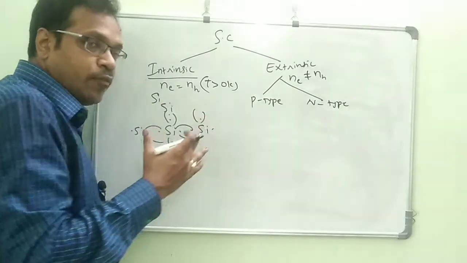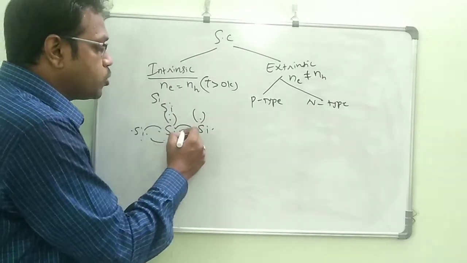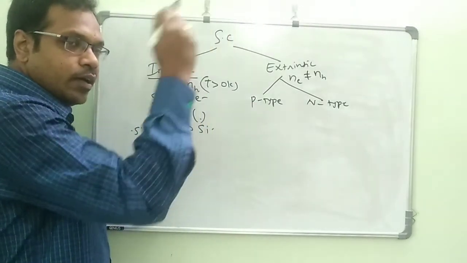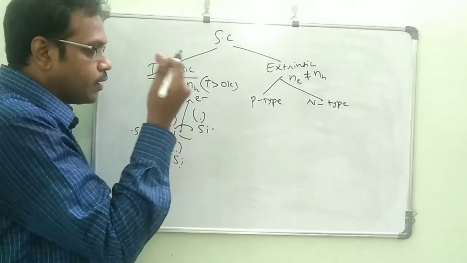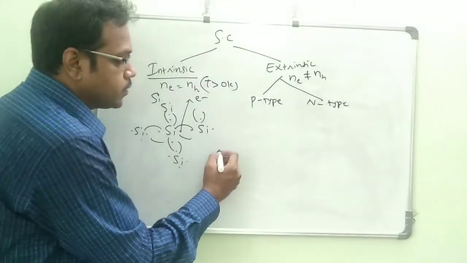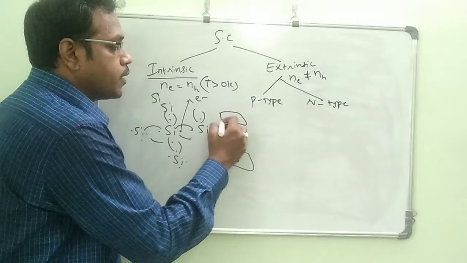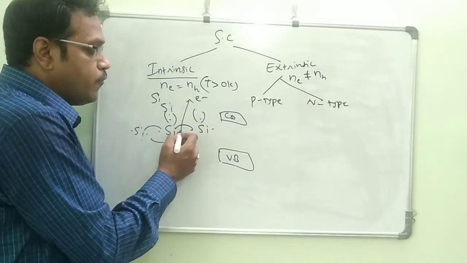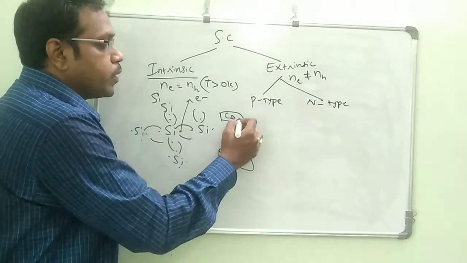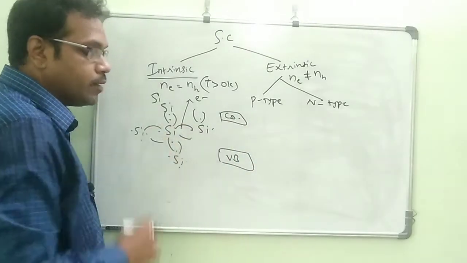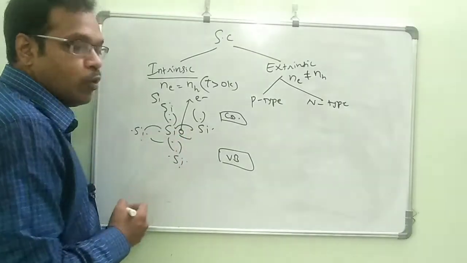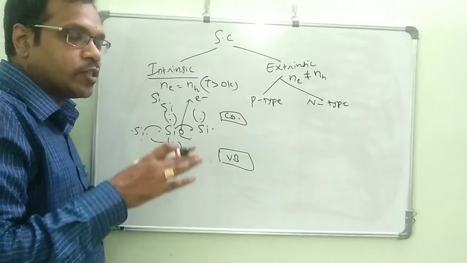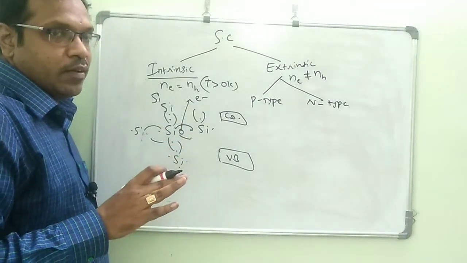At room temperature itself, because of the thermal energy, the electrons will come outside. The free electrons will go to the conduction band, so that you will get current in the conduction band. This is the valence band and this is the conduction band. So this electron, because of the temperature, will jump from this covalent bond and come to this one. But one vacancy will come here now. That vacancy is called a hole. The hole actually acts like a positive charge, but it is not actually a positive charge.